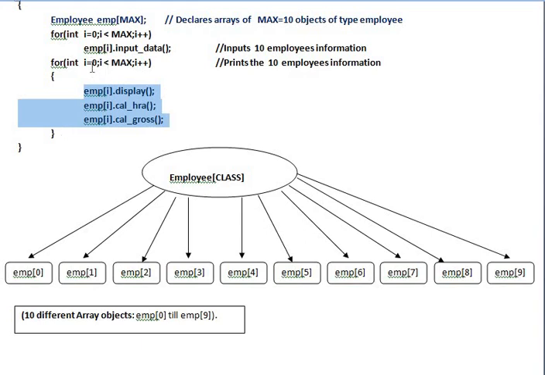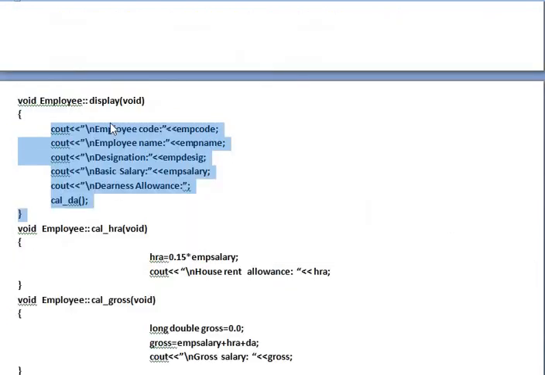The new value of I is going to become 3, and then 4, 5, 6, 7, 8, and the last value of I is going to become 9. As a result, all these objects are going to be created starting from emp0 till emp9, and for each of these objects, the member functions display, cal hra and cal gross are going to be invoked, where the